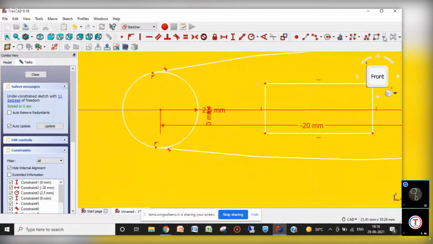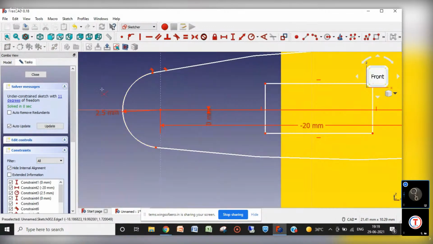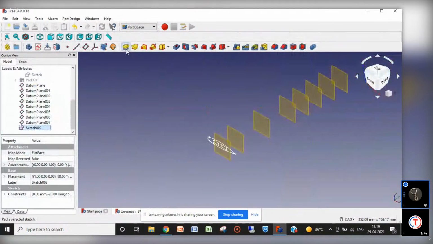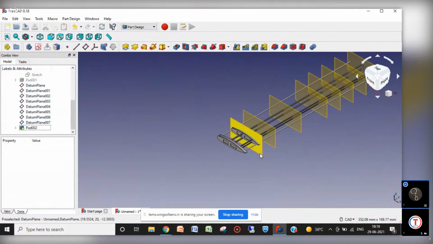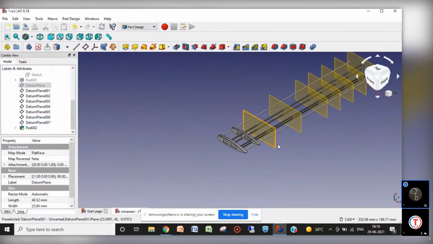Zoom, quick trim, and trim the extra part. And close. Now you can pad it up to 2 mm and enter. Select this and hide it. Now again you can hide all these things